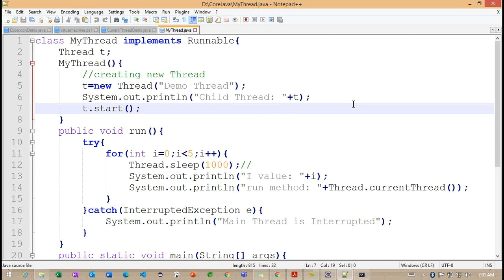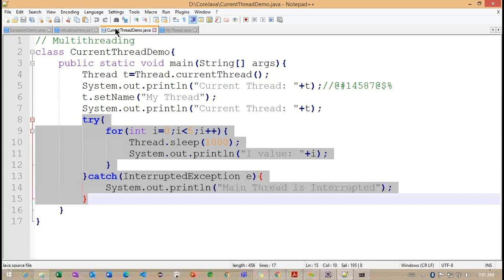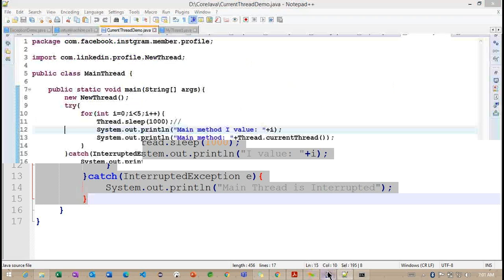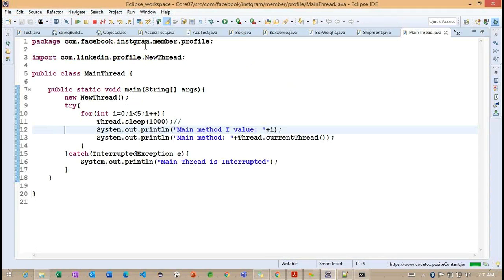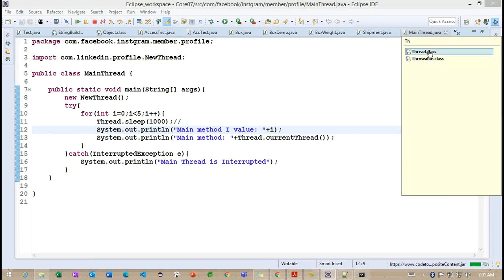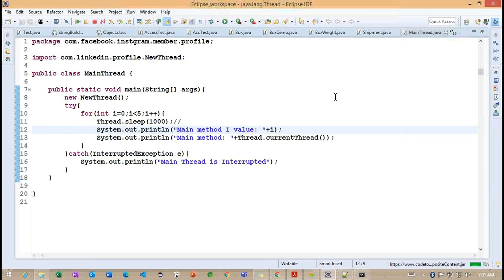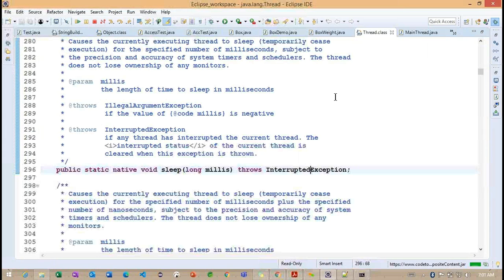What are the two options we can use to create a thread? First, we implement an interface called Runnable, and the other is to use the Thread class. These are the two ways we can create a thread. Finally, we identified some of the methods available inside the Thread class, and what each and every method performs.